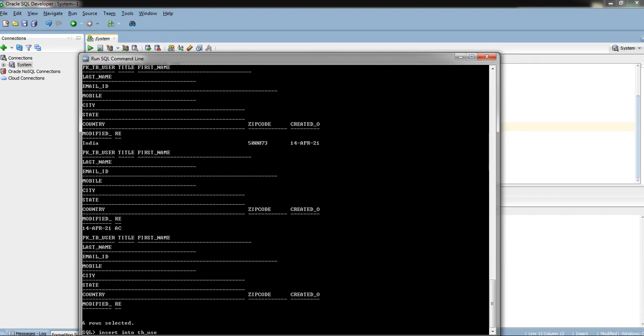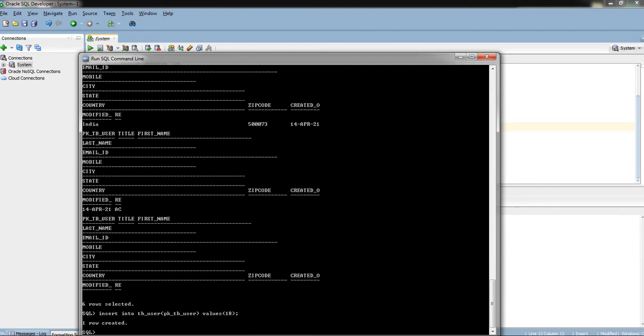Insert into TB user, PK user, values 80. So right now I did a write operation on this table, but I didn't commit it yet.